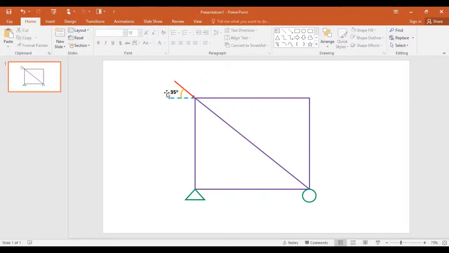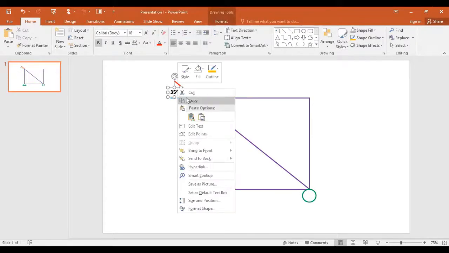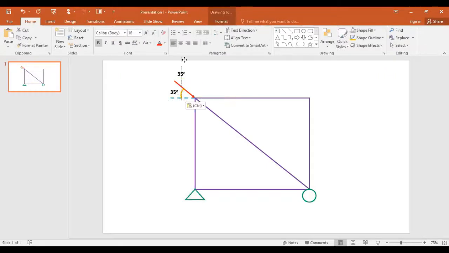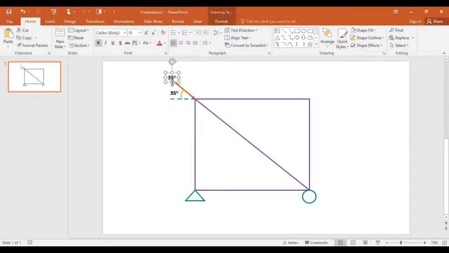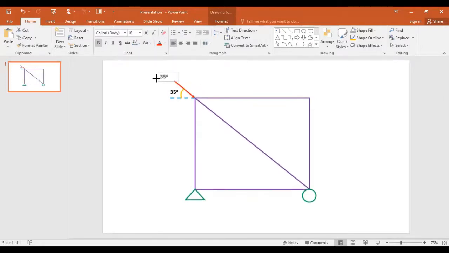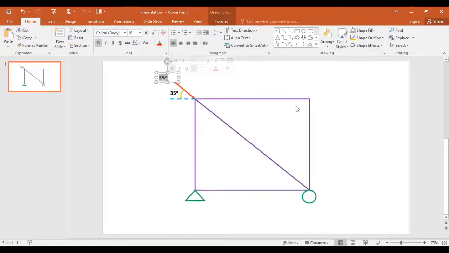Now I want to put a force value here. So I am copying it here, selecting this one, copy it and then paste it. I am going to write, this is the force, for example, 350 Newton.